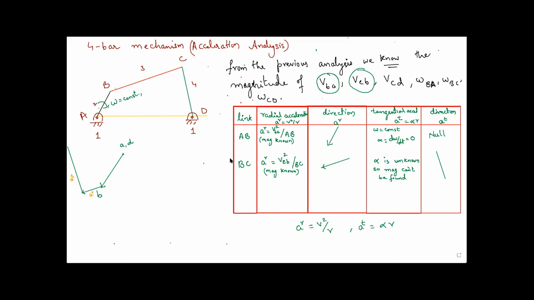Now go to the next link. Coming to the next link, I know that the link is DC or CD. Here also radial acceleration is known. It is V square of C with respect to D by CD link. So that is known over here. This V is known because we have known values. And direction, is it known? In C and D, which value do you have on the acceleration diagram? I have D point, right? I have D point on the acceleration diagram.